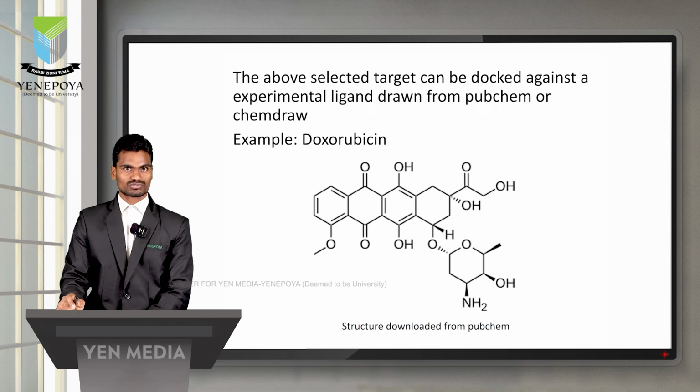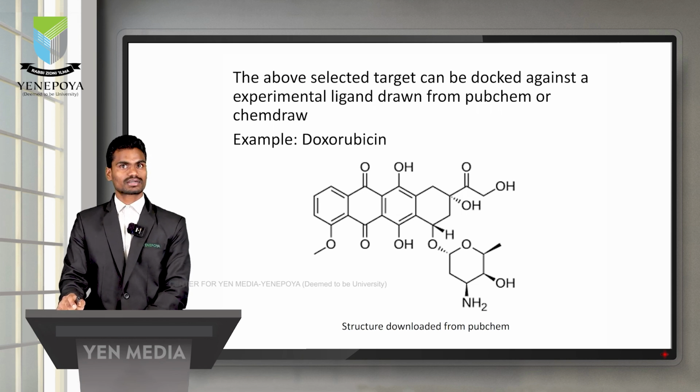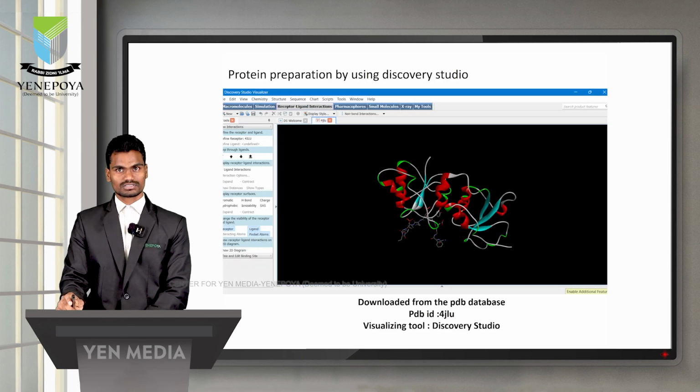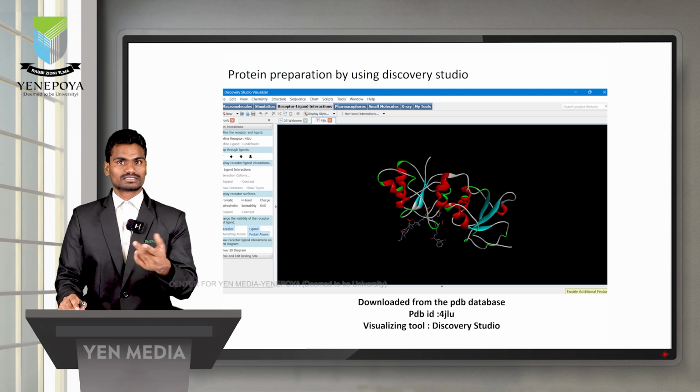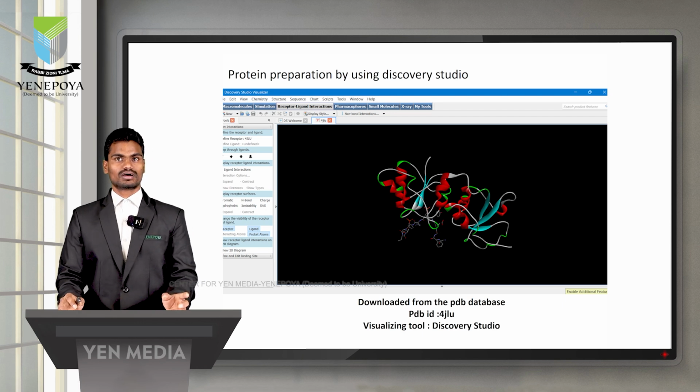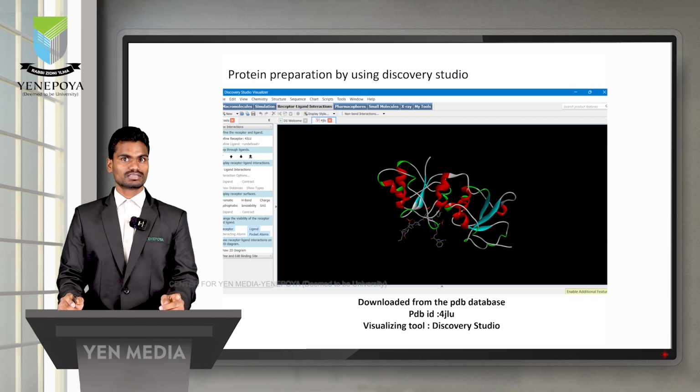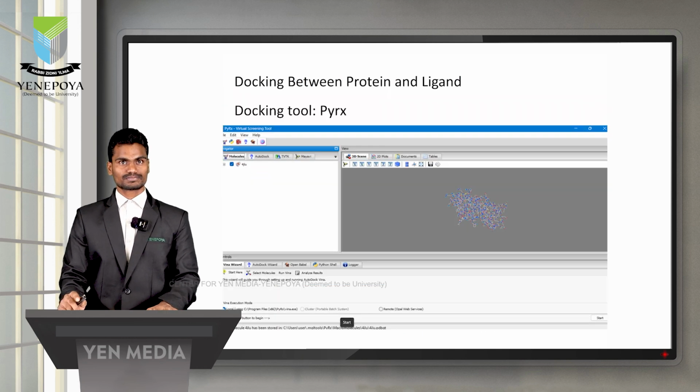Here, for example, I have chosen doxorubicin. The above selected target can be docked against an experimental ligand drawn from PubChem or ChemDraw. So this is the first step, which is target preparation. I prepare this target by using a tool called Discovery Studio. Actually it's a visualizer. So I downloaded the structure from PDB database. After that, this is the PyRx